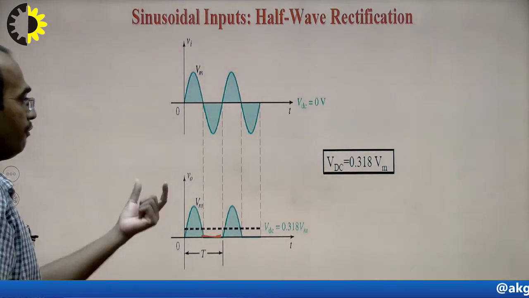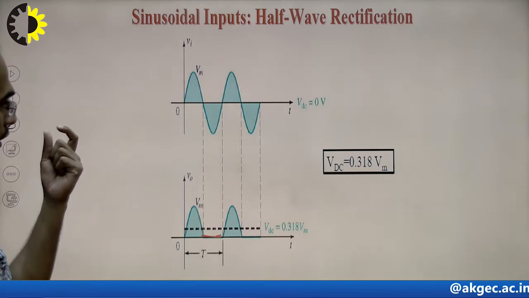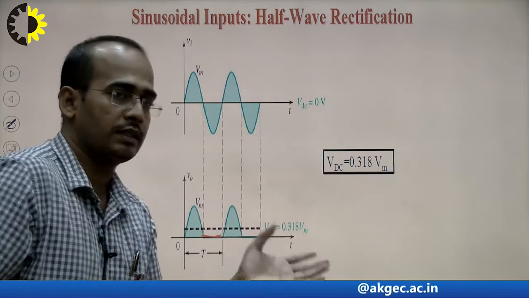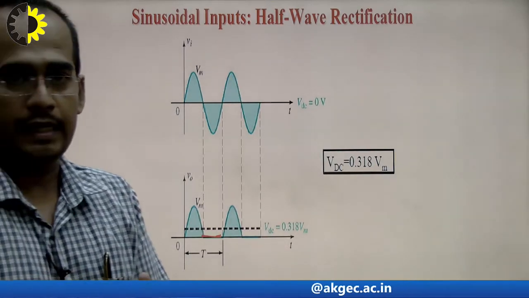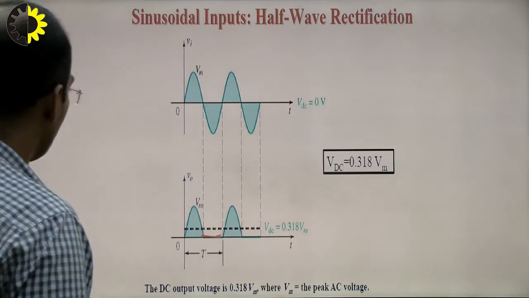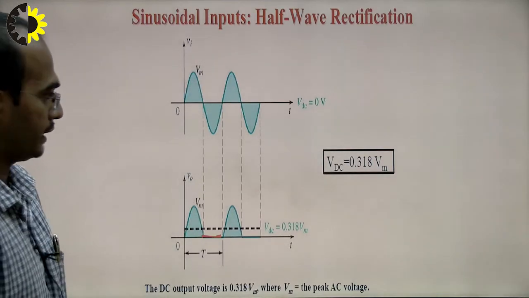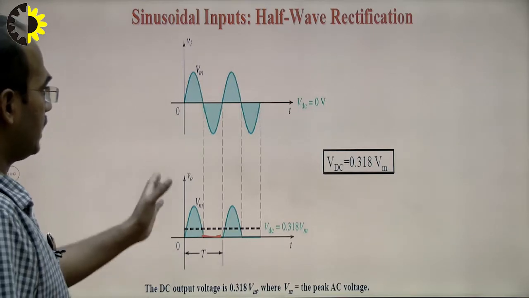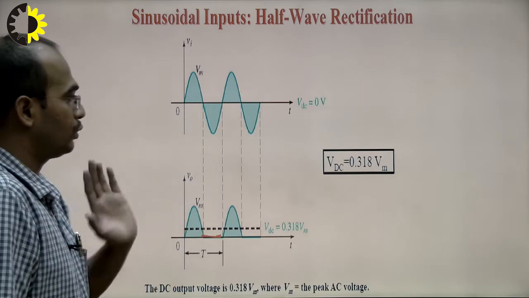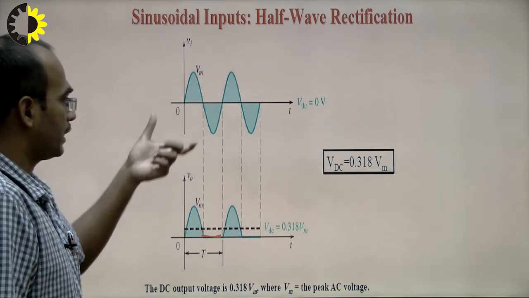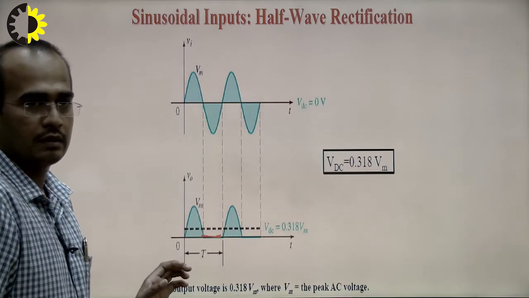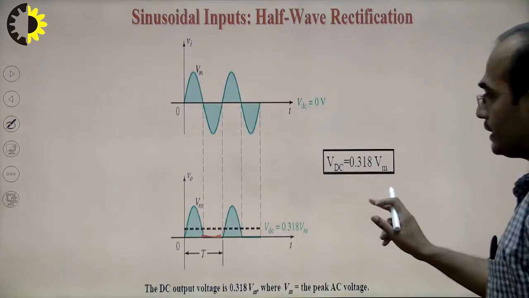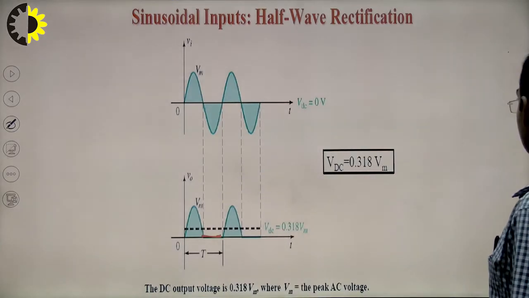For analyzing this output and input waveform, and to see how efficient this circuit is at converting the AC signal into the DC signal, and what the efficiency of this rectifier circuit is, I will derive various parameters. Because the rectifier circuit is converting the AC signal into the DC signal, what will be the DC value for the output of the rectifier circuit, and what will be the average value for this output? For getting the DC value of this rectifier circuit, what will I do?